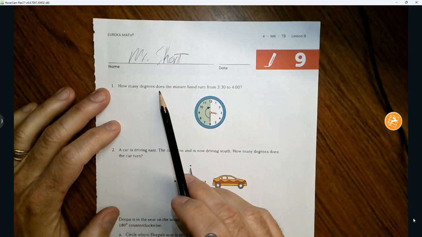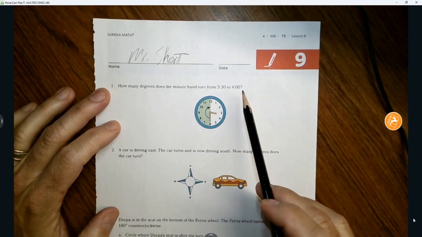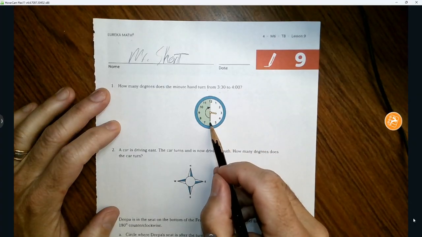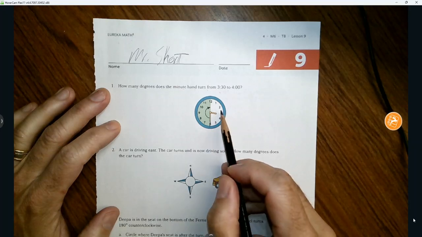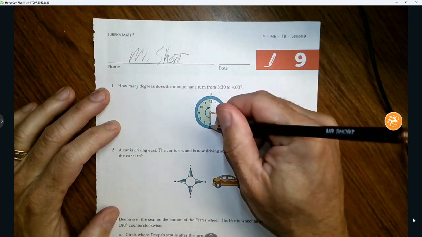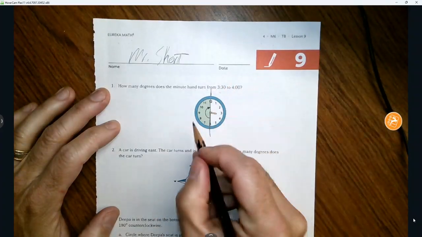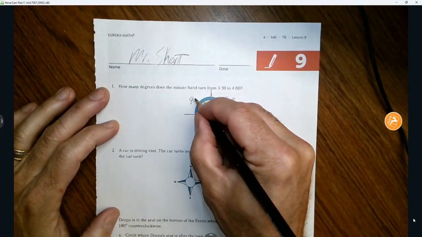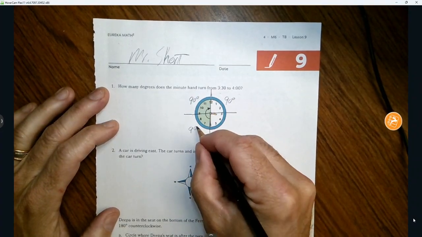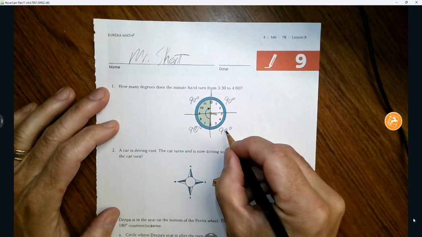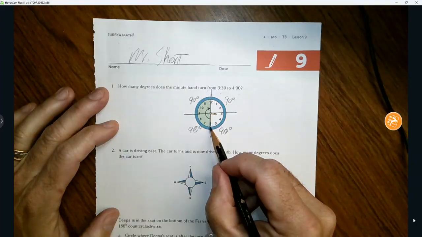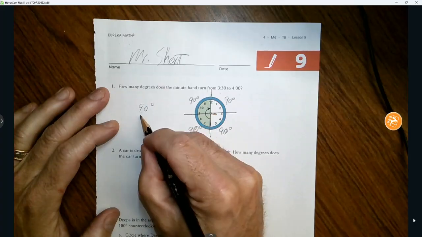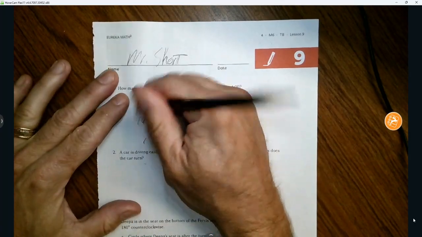It says, how many degrees does the minute hand turn from 3:30 to 4? From 3:30 to 4. So 3:30 is right here, right? At 4 o'clock, the minute hand goes here. So if we make our line, here's what I show my class all the time. Each section is worth 90 degrees. We started here to here is 90, here to here is another 90. So we just add 90 degrees plus